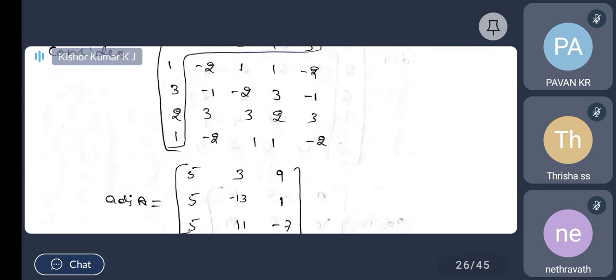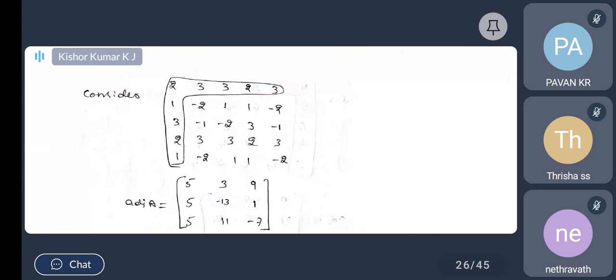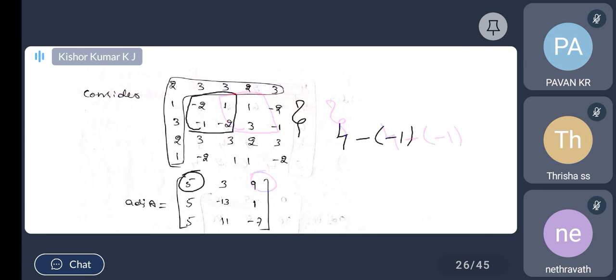Now after confirmation of this, again I have to move through the same steps to find the adjoint of A. I will consider the given matrix as it is. I am going to repeat C1, C2 and R1, R2. And later I can delete the first row and first column, and we can consider the first 2 rows to evaluate. By considering these 2 rows, on the first 4 numbers, minus 2 into minus 2, it is plus 4, minus of minus 1, it is 4 plus 1, it will give us 5. And the next 4 elements are 1, 1, minus 2, 3.